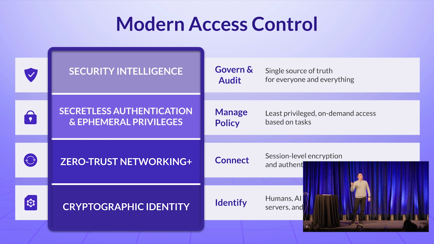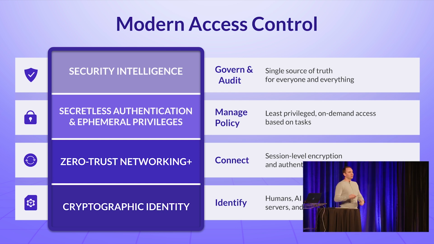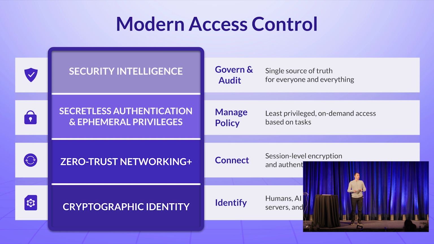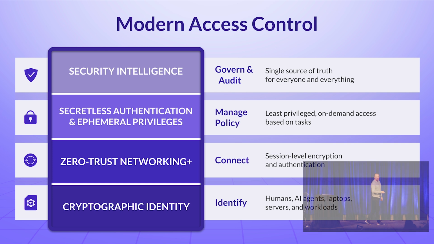Ephemeral credentials and privileges. This is what we call the policy management layer. And then finally, at the very top, you could have identity governance that, again, needs to work for humans and machines. It helps you with things like compliance. And then you could have a dialogue with your access control systems, like who has access to what. Show me what resources this particular person has access to if this happens. This is what we all want, because at the end of the day, a modern access control implemented this way makes you feel that your entire infrastructure is like one giant computer. It has a simple control that you can dial in who has or does not have access to that machine.